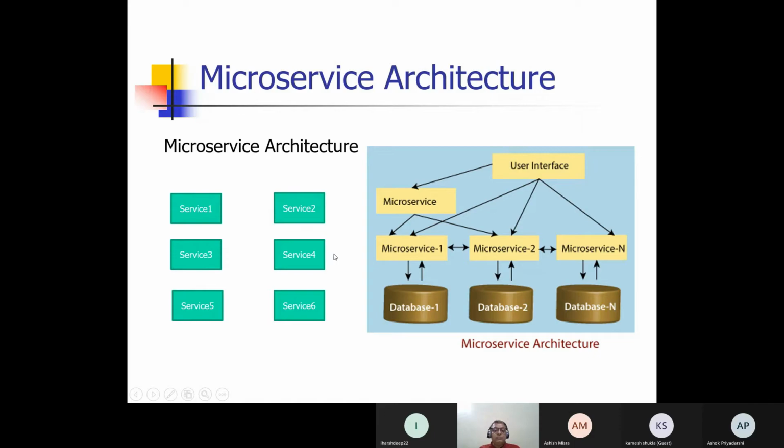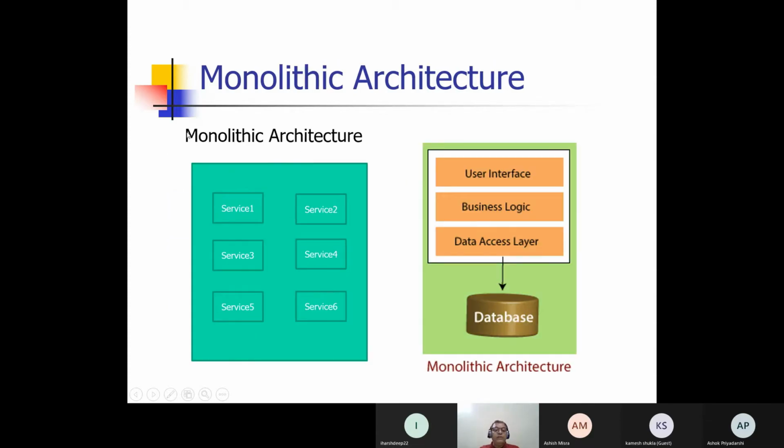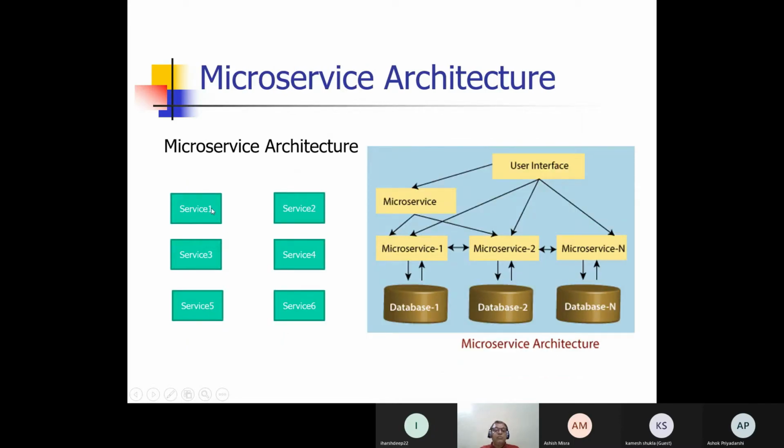This is the architecture. Now, the advantage of this architecture is that they can be developed independently by individual programmers, and are easy to maintain and easy to deploy. Not only that, think one complete project contains, suppose, 5,000 lines of code. Now, when you are developing a monolithic architecture, maybe in Eclipse, then that Eclipse IDE has to load the entire set of lines, all those memory stuffs, all those